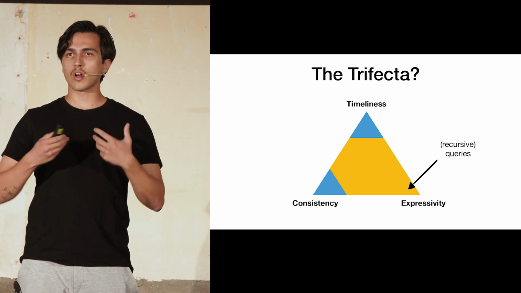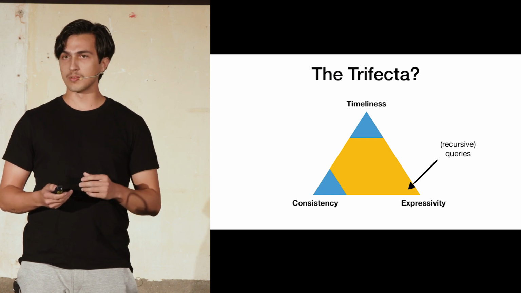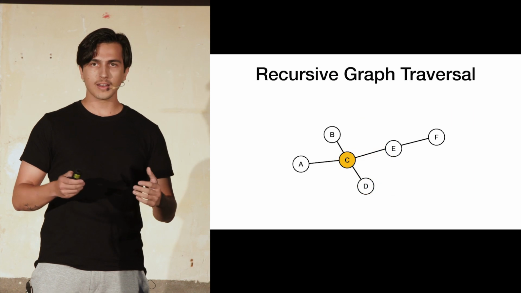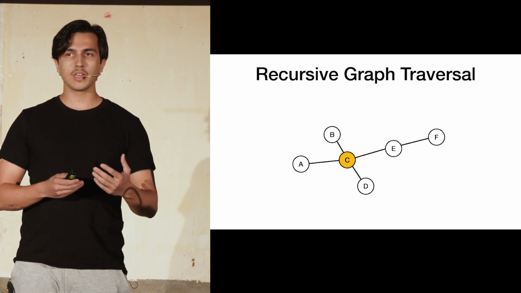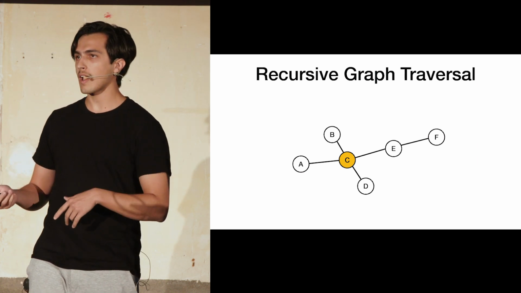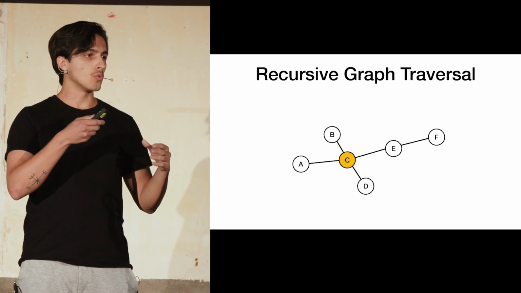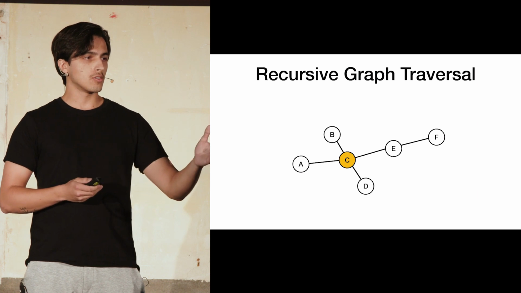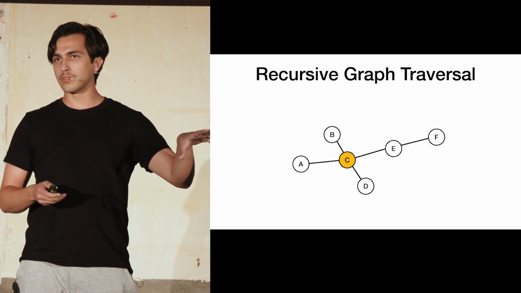So if we think about the complex kinds of queries that people could ask of our system, they always involve recursion. And you might ask, why is that? And the reason for that is that for complex use cases, usually we deal with data that is relational, so that looks more like a graph and less like a simple list. And if you want to know anything interesting about a graph, most of the time you start with your nodes and your edges, and you start from some interesting node that you know about.